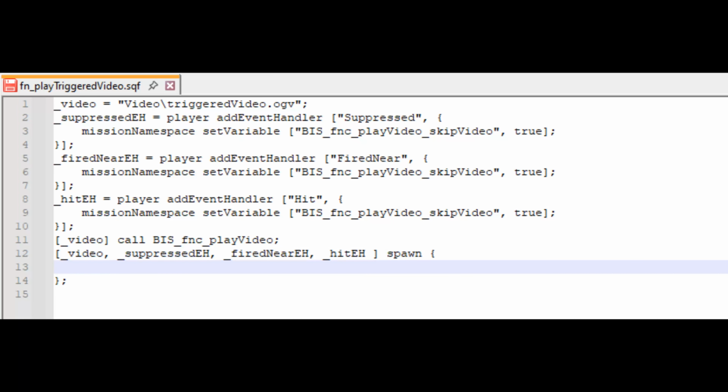Now, inside the code block, we are going to use the params command, which in our setup is going to look like this. params ["_video", "_suppressedIH", "_firedNearIH", "_hitIH"];